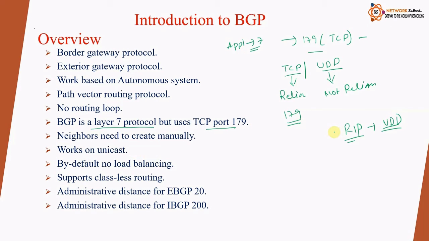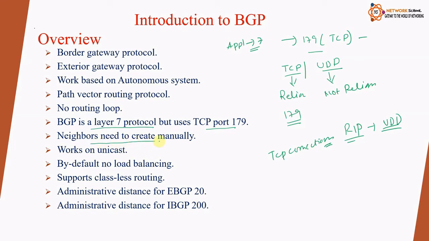So whenever it sends an update, before it sends the update, it will establish a TCP connection between the server and client. So guys, I also have a separate slide where I explain how BGP, a layer 7 protocol, uses the port number 179, which is a TCP port. For the time being, just know that BGP is a layer 7 protocol but uses TCP port 179 for establishing communications.